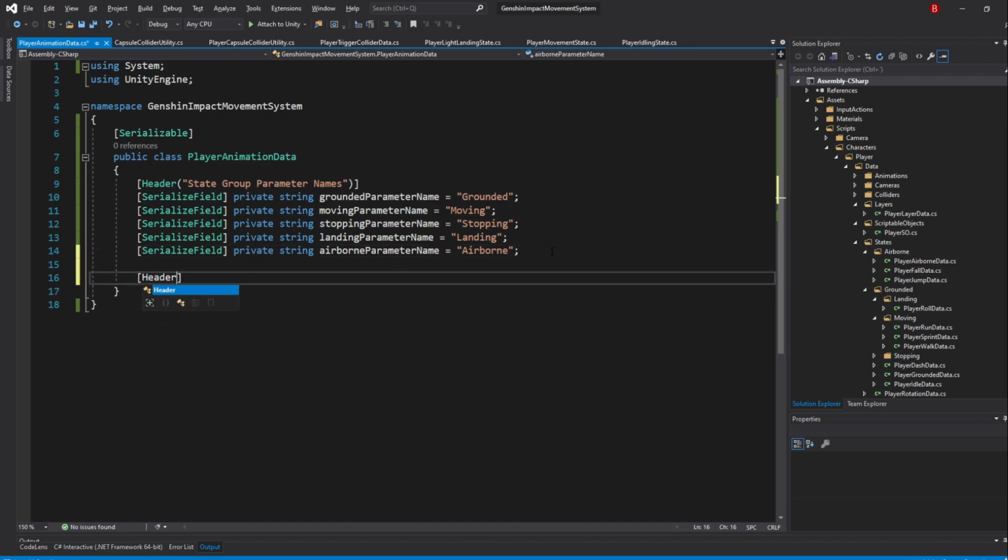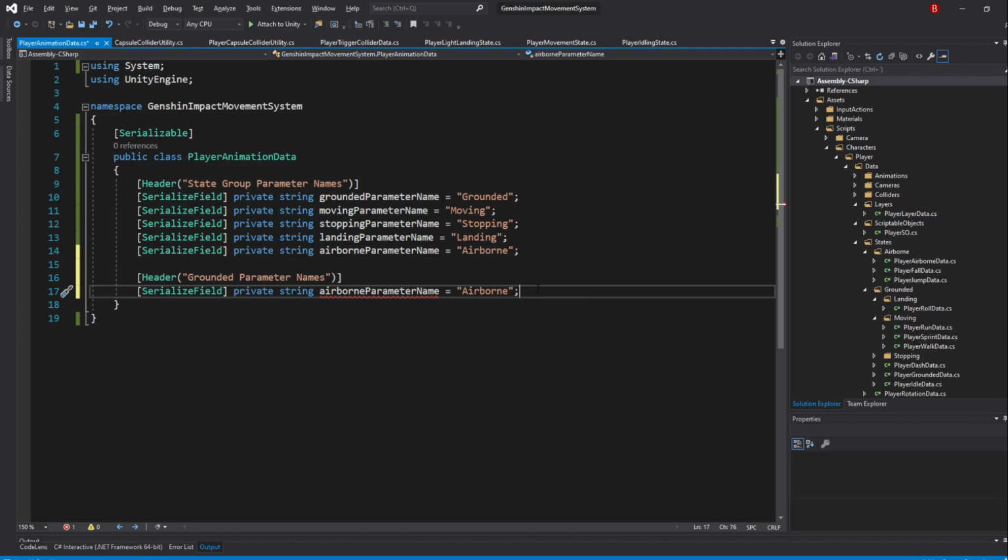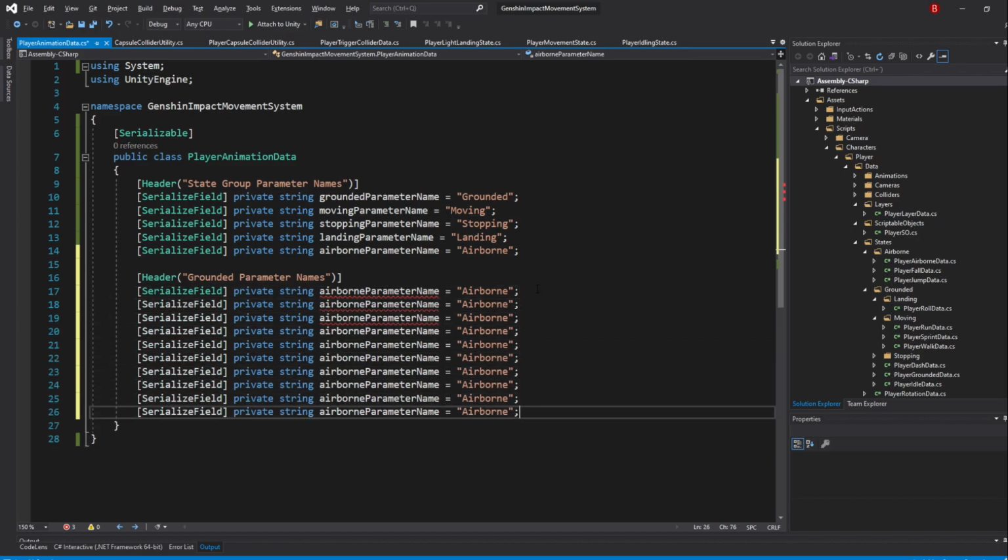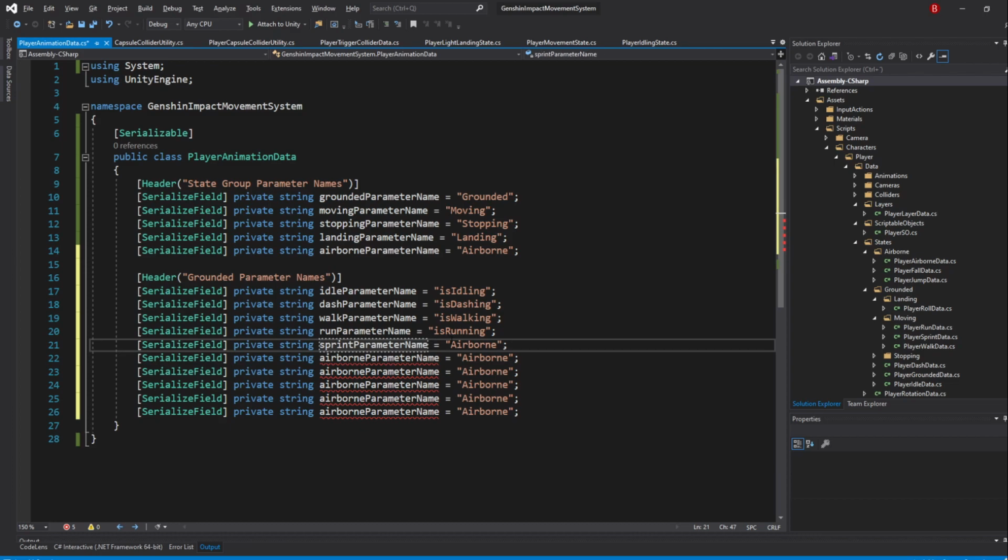I'll now create another header with the text of grounded parameter names. Copy one of the lines above and paste them here. I'll paste it in a total of 10 times. When that's done, we'll swap the variable names and default values with idle and is idling, dash and is dashing, walk and is walking, run and is running, sprint and is sprinting, medium stop and is medium stopping,